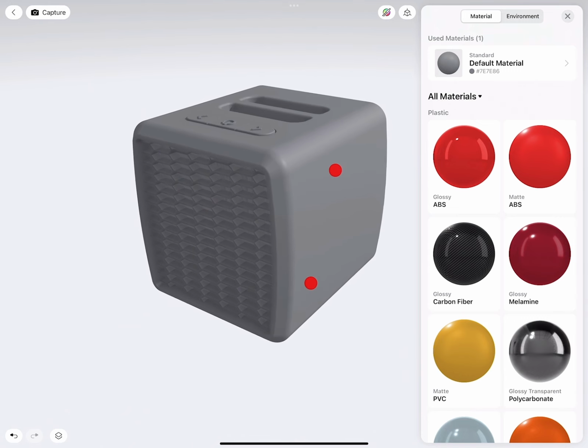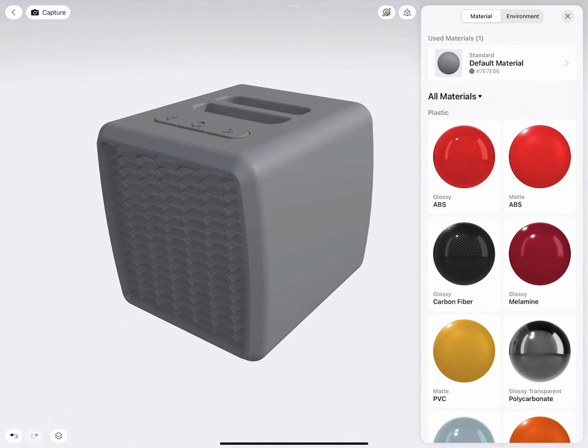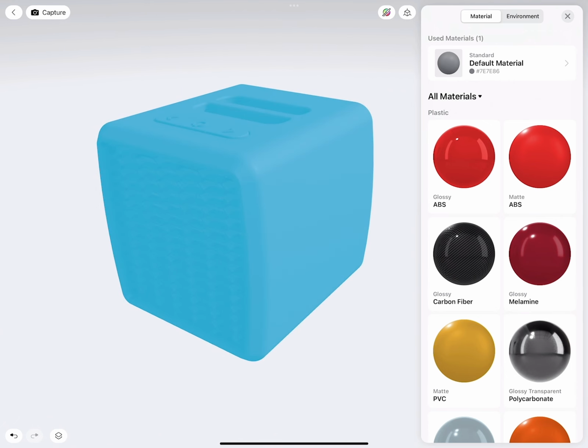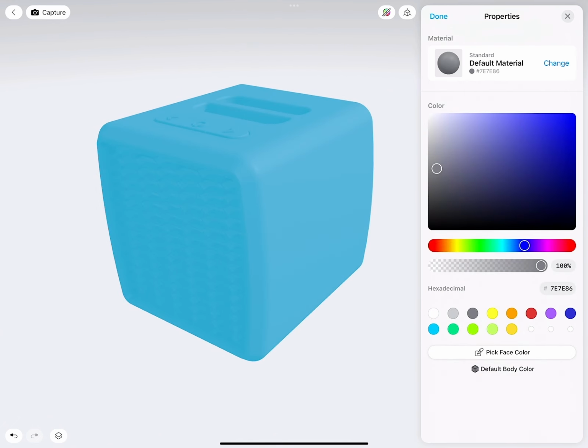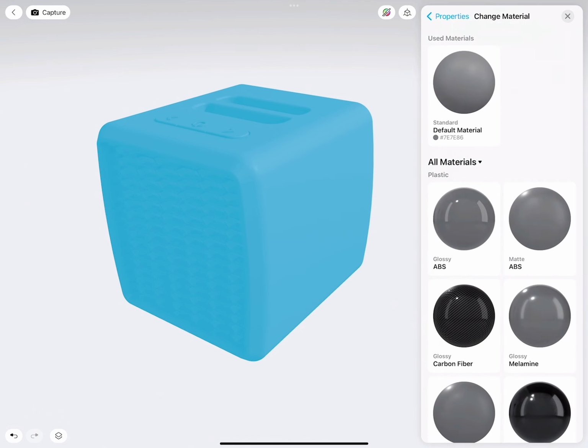Here we are. We can select everything if we want, all at once. Go change. And then we will give this a melamine material.